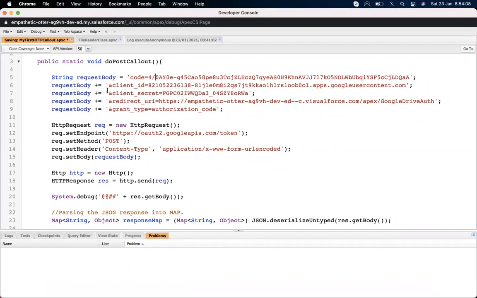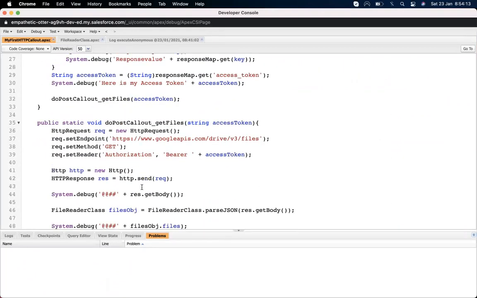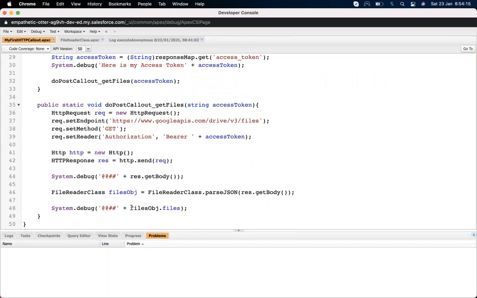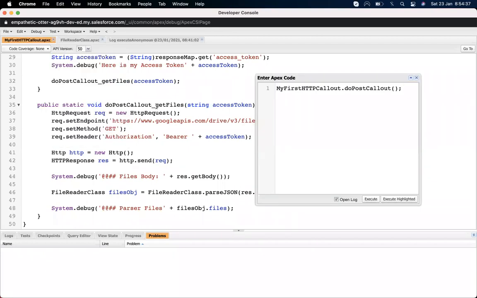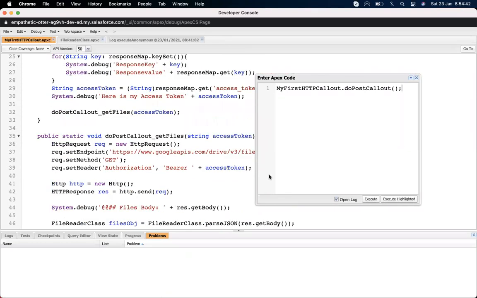When I click on here, it will use this code, generate the access token, use this access token and get the files. And the files will show up here in the response body. Okay, save. Now let's do the post callout. Post callout will be called first, and after that it will call get files. So let's execute.